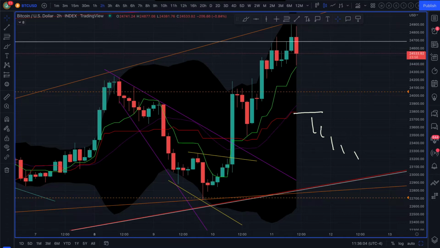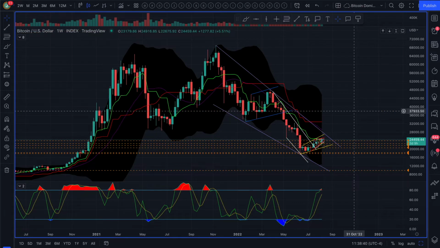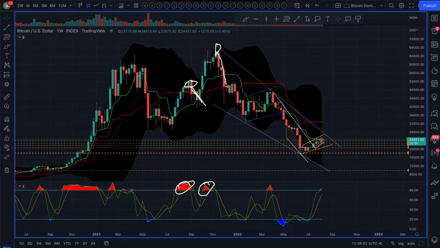But if you saw my video yesterday, you follow me on Twitter, you're on Instagram, TikTok, whatever, you'll have seen that I noticed this. This is showing you the overbought signals on the stochastic slow. So, here's one, which correlates with there. So there was a dip down. Here's another one, which correlates with there, which resulted in this dip all the way down here, where you had the signal of oversold.